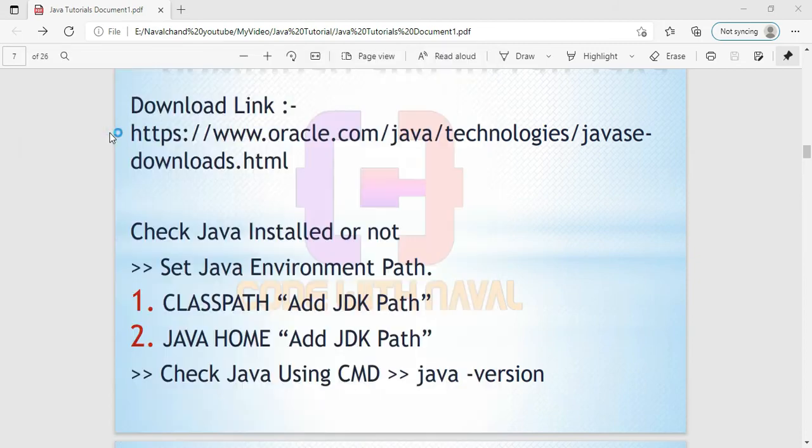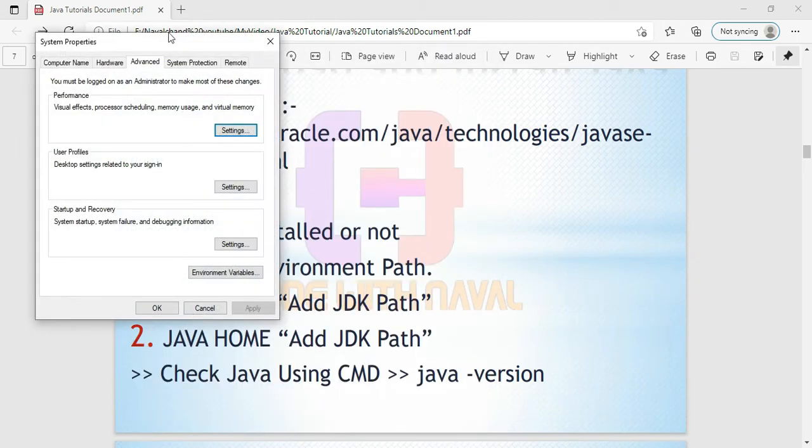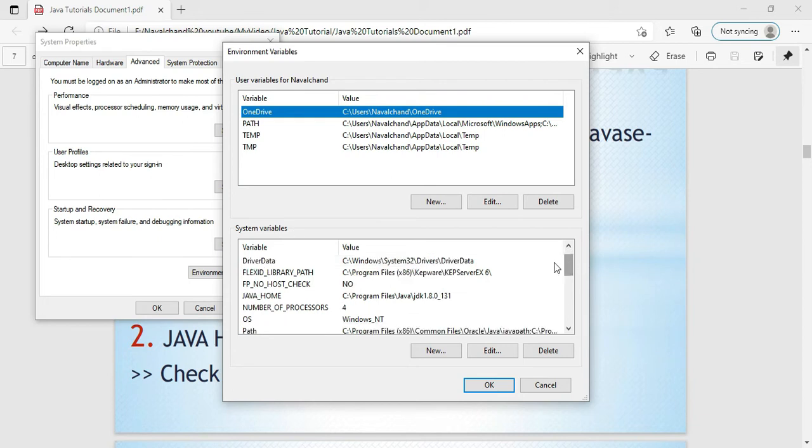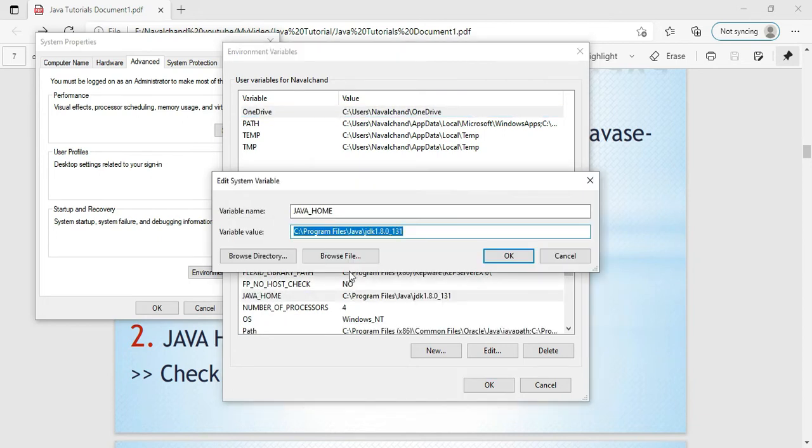We'll simply open that. Here we have the option Environment Variables, and I'll open it. You can see here System variables. If I scroll down, you can see I already added JAVA_HOME with the path Program Files, Java, JDK. I'll show you.